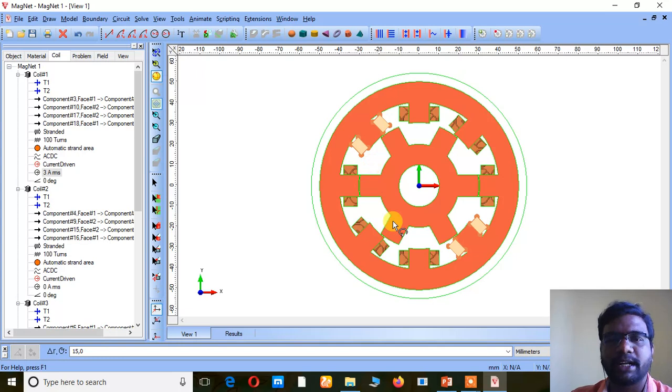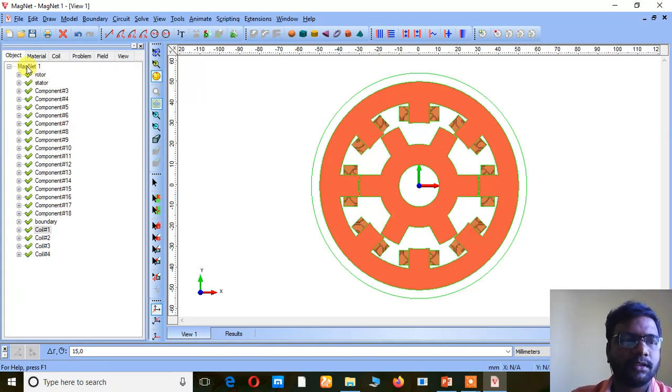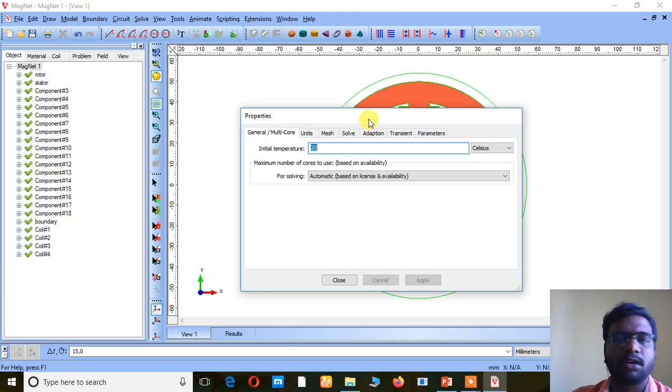If the rotor is rotated, how will it be? How to make the rotor rotation angle continuous?